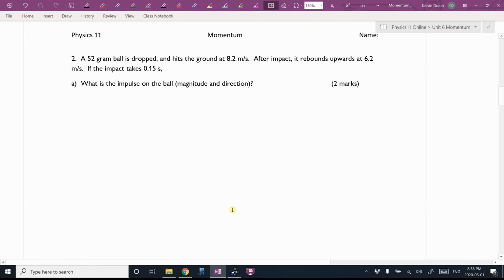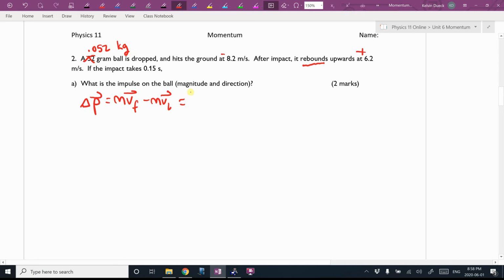Number 2. Okay, now we only have one object. This is not a collision or an explosion, and they're talking about impulse. So I'm going to be thinking about the 3 impulse equations. So the first thing they want me to find is the impulse. Well, impulse is change in momentum. I see 2 velocities, so I'm going to use mv final minus mv initial. Except since we're rebounding, I'm going to call upwards positive, and I'm going to call downwards negative. And 52 grams, nice try,